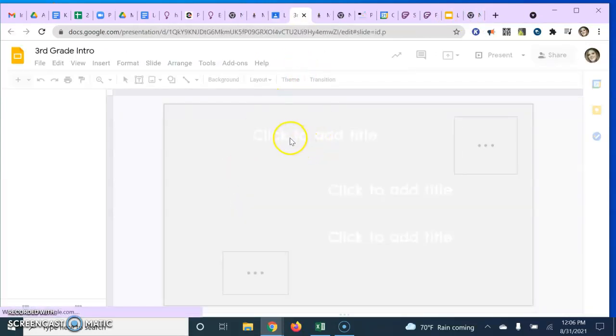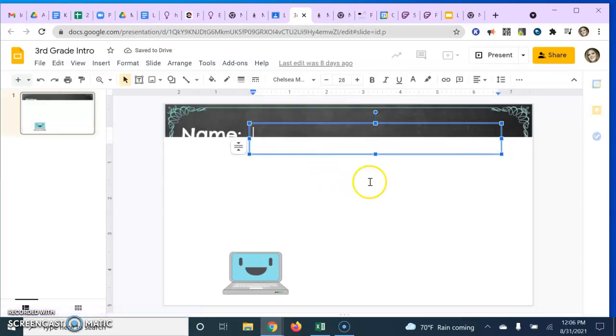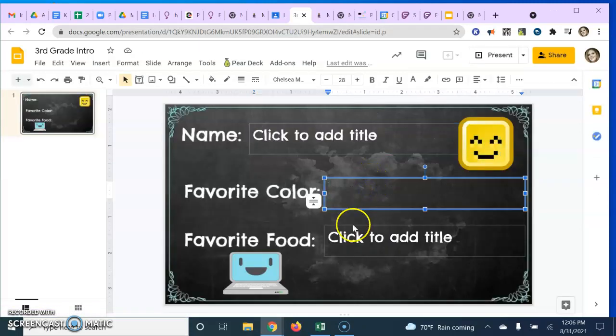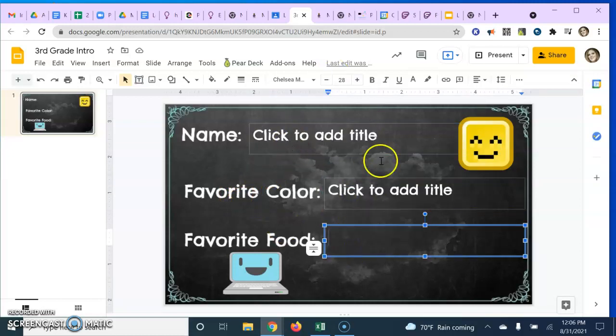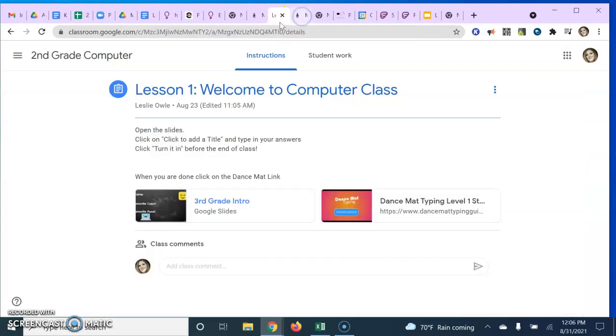So in that slide, you will click and type your name in on all of these boxes and whatever it says. So like this one says name, favorite color, favorite food. We'll add all those in, and when we're ready to turn it in, we will come up here to the tab and we'll click the close arrow and we'll go back to our classroom and we will click the blue turn it in button that you will see on your screen. All right,